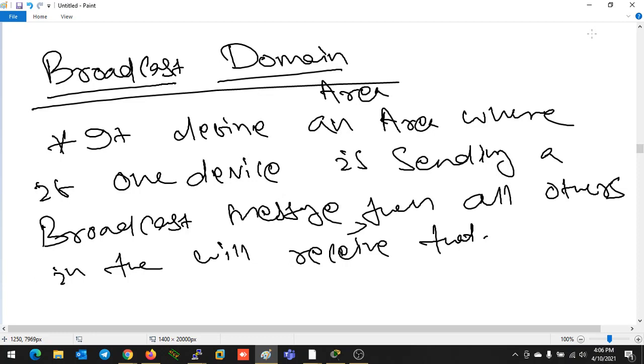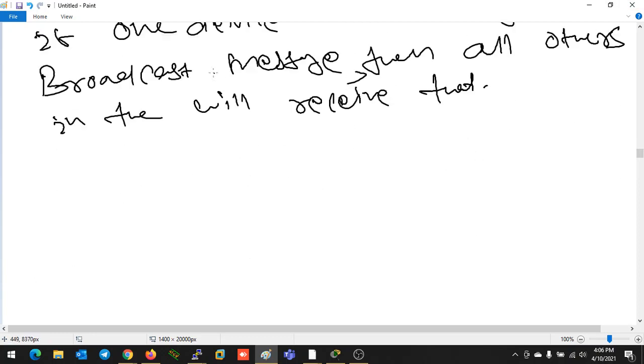In our network also, in a broadcast domain, what will happen? If any device is sending a broadcast message, then all the devices in that area will listen to that.